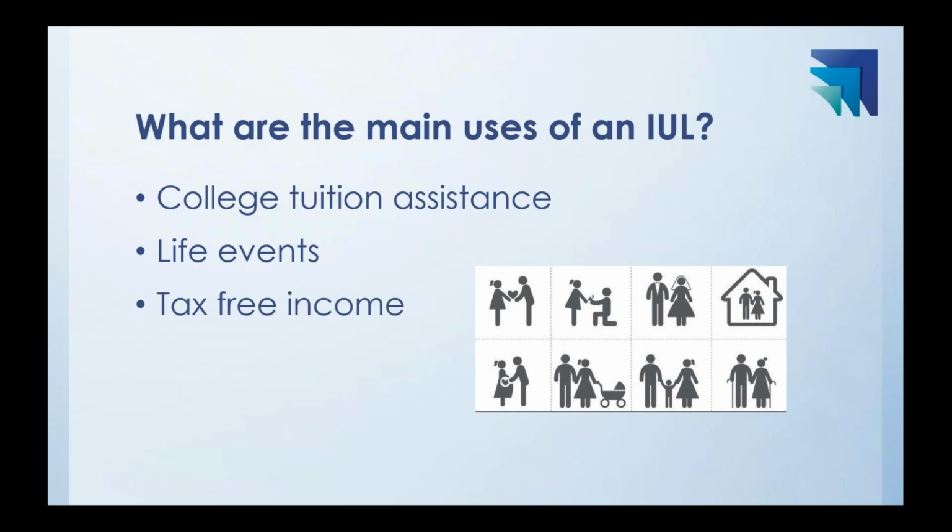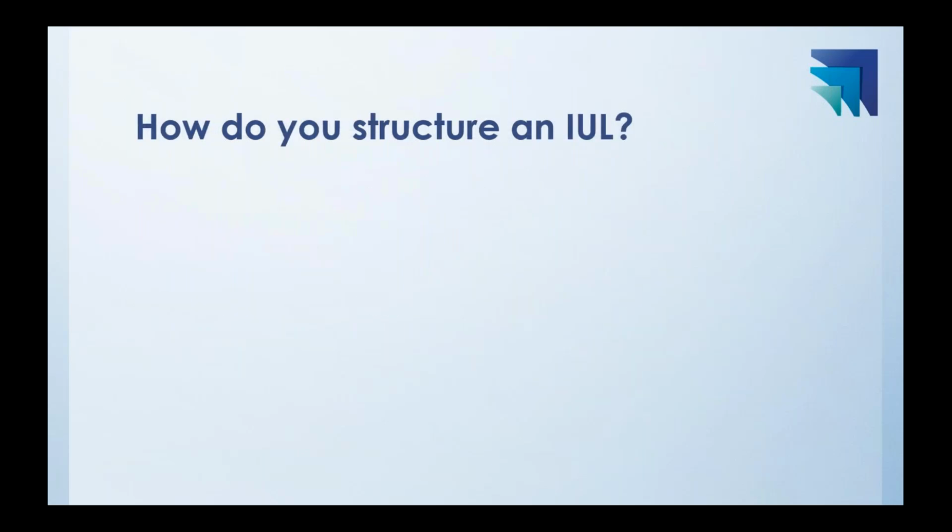And also tax-free income. A lot of people that take out IUL are taking out a plan like this to set up a tax-free retirement income stream. So they put this premium dollar into their plan as they're working, and once they hit their retirement years, they can turn on that income stream and not only have money to live off of, but live off in a tax-free situation.